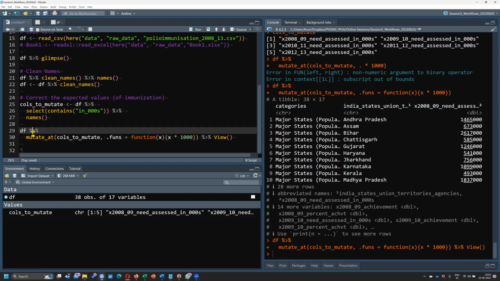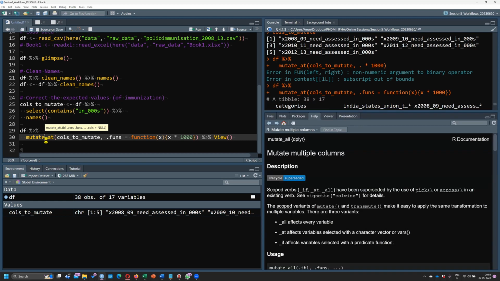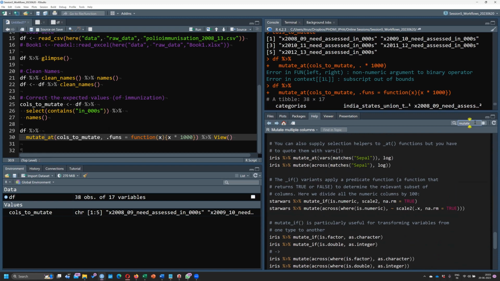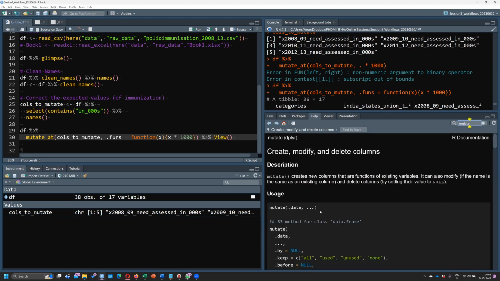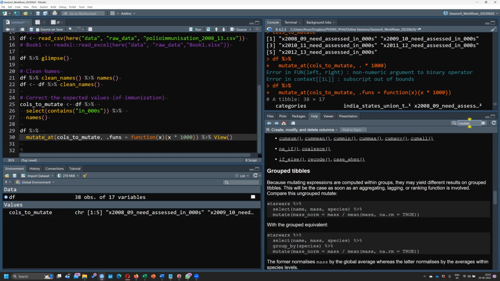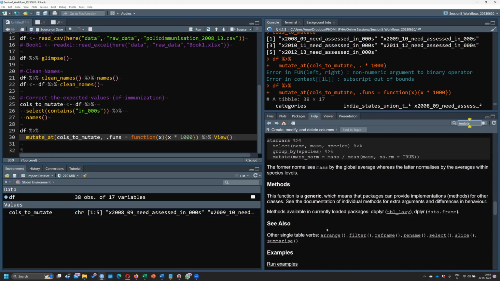So the function mutate we already know, right? What is mutate going to do? Create a new variable. Okay. So mutate has many cousins, or we can call them variants. I'll just look at the help option and type mutate here. So mutate has a lot of other variants as well, right? So if you actually see,